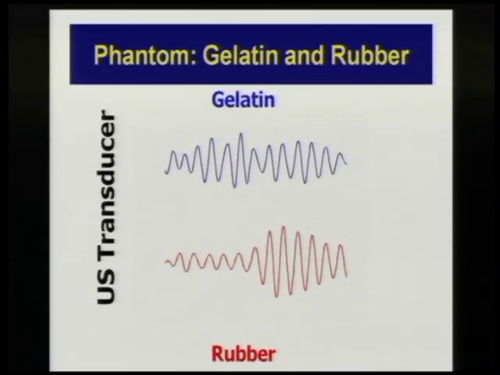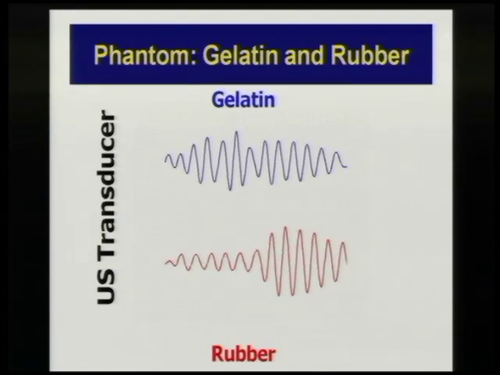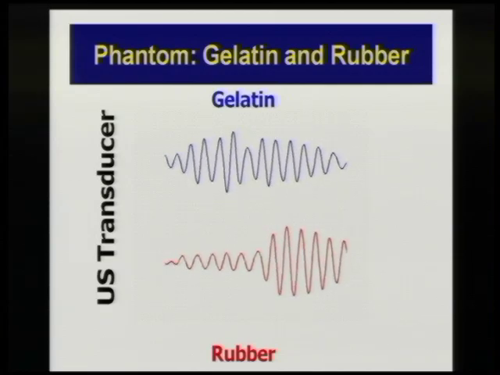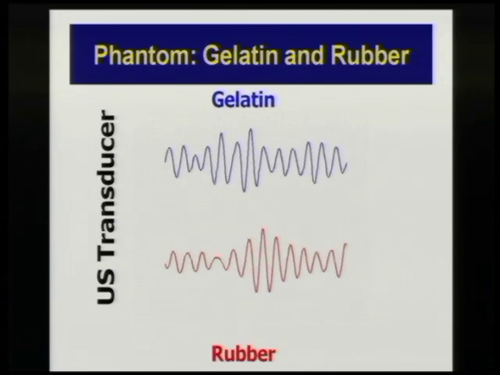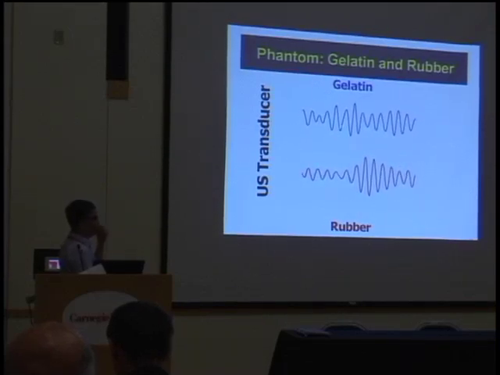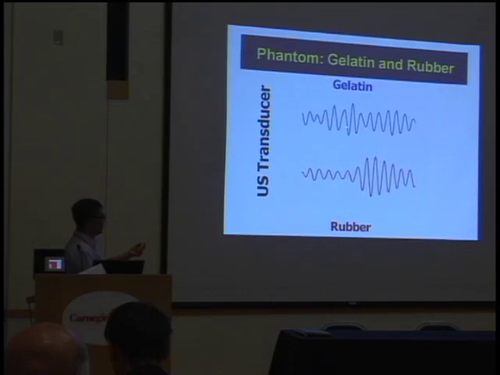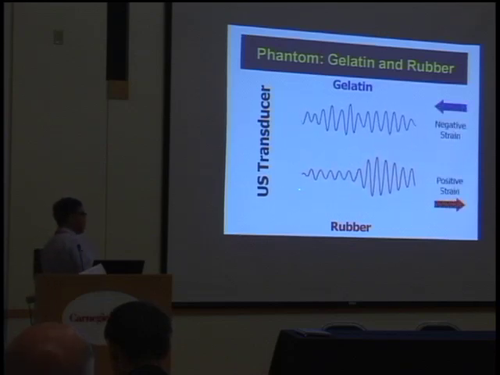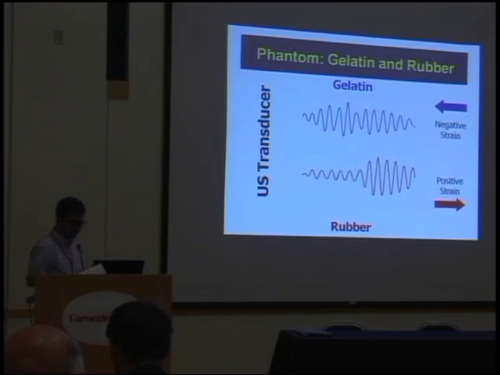This is real data. The top one was collected using a single element transducer shooting ultrasound into gelatin, and the bottom is in rubber. As we increase the temperature of the tissue phantom, you can see the signal as time goes by. In one the signal comes toward you, and in the other it goes the other direction. As sound speed increases, the signal comes toward you and looks further. So one generates a negative strain and the other a positive strain, a contrast of plus and minus.